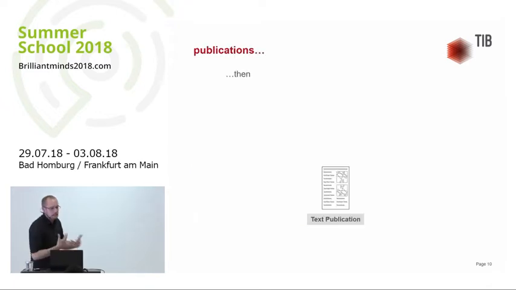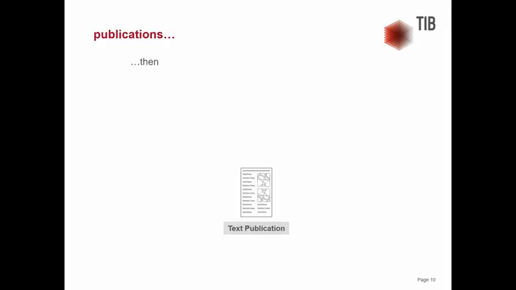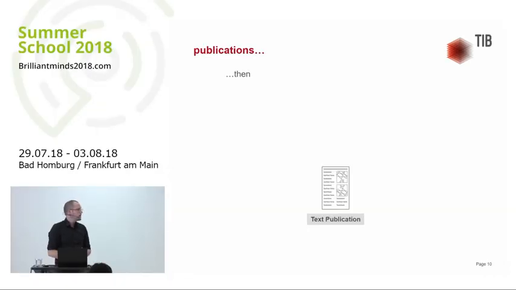So now, that's basically what publications looked like 20 years ago. You basically had a text publication. You have a book, you have a journal article, or if there is an output of a conference or a scientific event, you have something like conference proceedings, and then that's basically it.